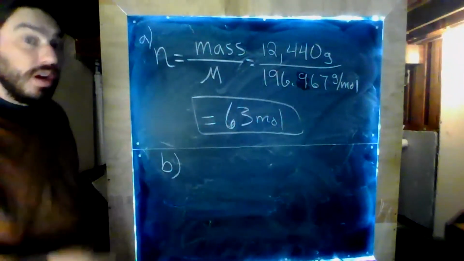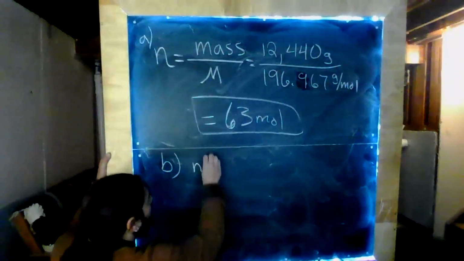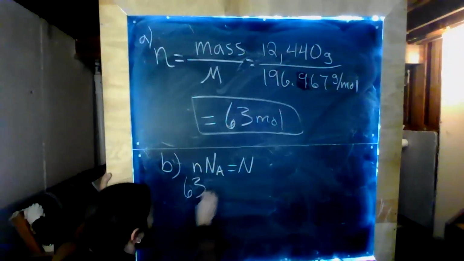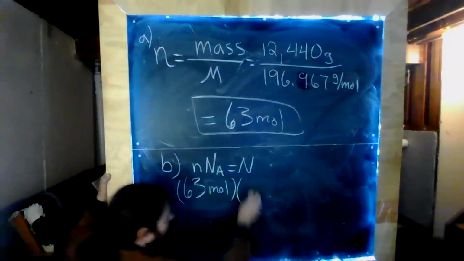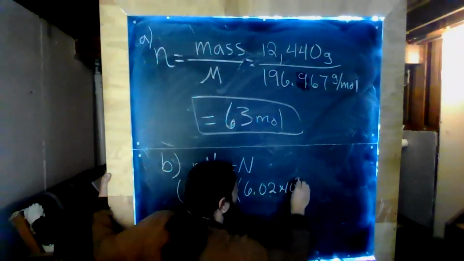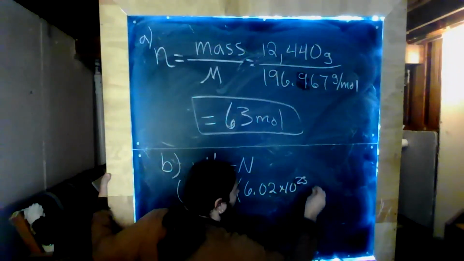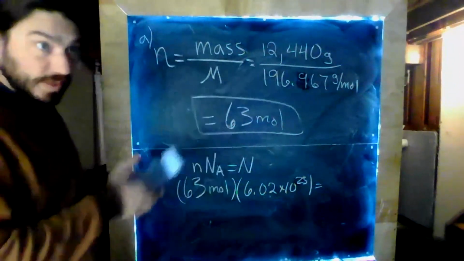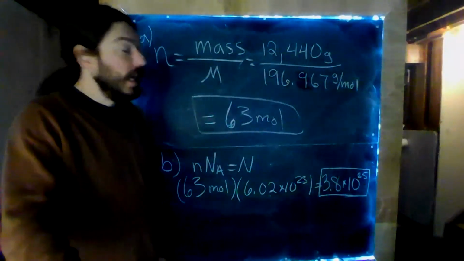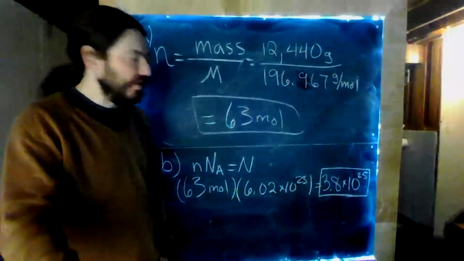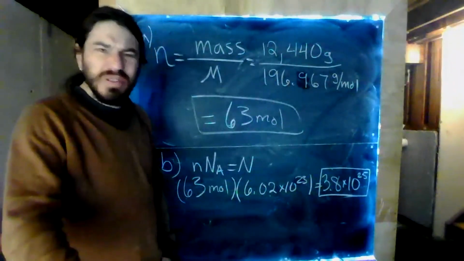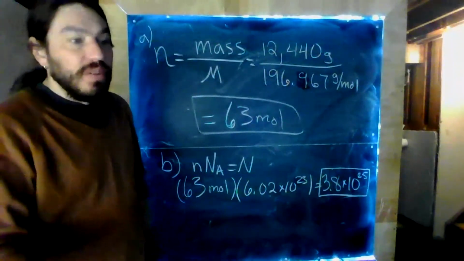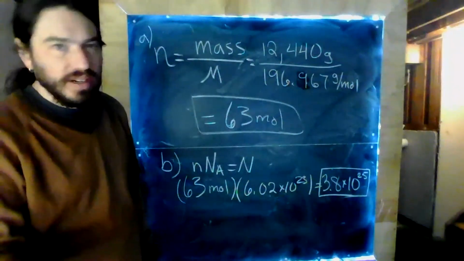Well, we know that the number of moles times Avogadro's number gives us the number of atoms. And so we can take 63 moles times 6.02 times 10 to the 23rd. And now we can run our calculator on that, and we get 3.8 times 10 to the 25th, right? So a huge number, right? Just a huge number. So that's the power of mole, right? This idea of a mole, it helps us to wrap our brain around these really, really big